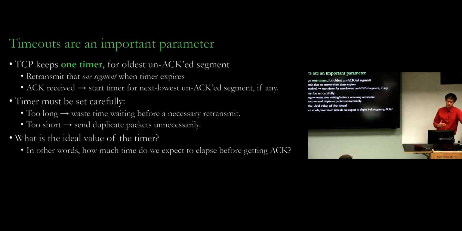But this is kind of difficult because different networks have different behaviors, right? I showed you before that if you're communicating from here to Argonne National Labs nearby, the round trip time might be like 20 milliseconds. If you're communicating with a server in China, the round trip time might be 10 or 20 times longer, 400 milliseconds, half a second. So you'd want to give up quicker if you're communicating nearby, but you want to wait longer before you give up if you're communicating further away, right? So how do we set this value? How do we set an ideal value of the timer? In other words, how do we know when to give up and try again?